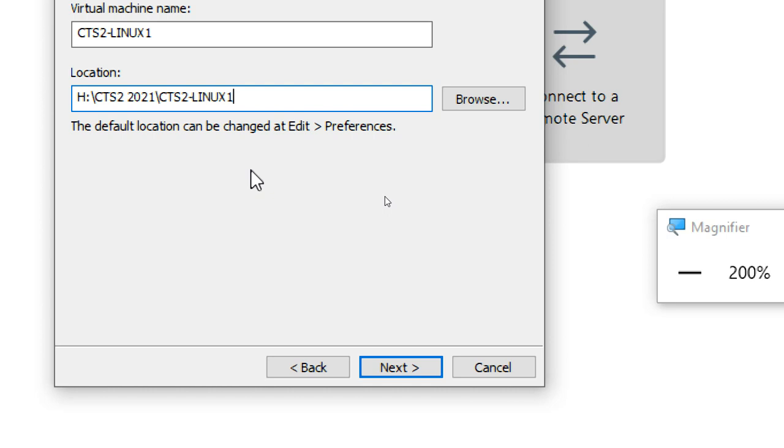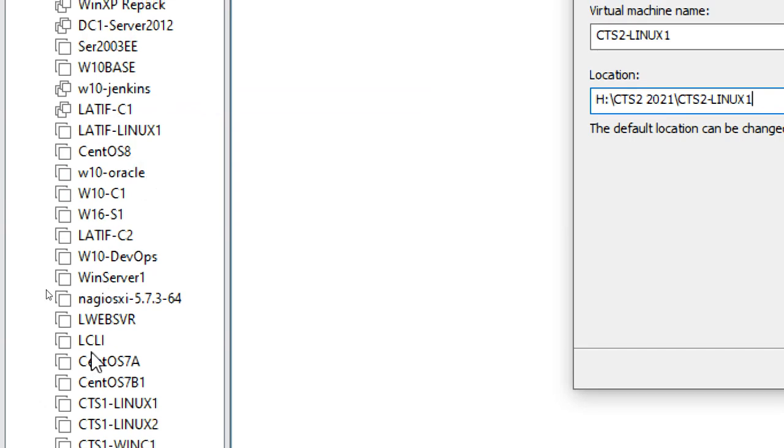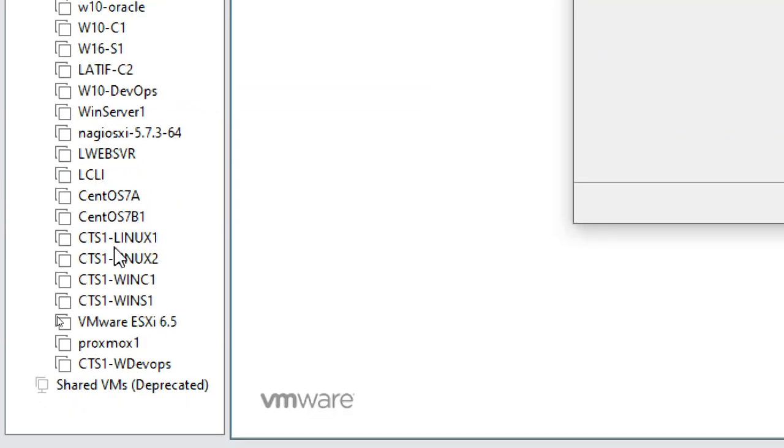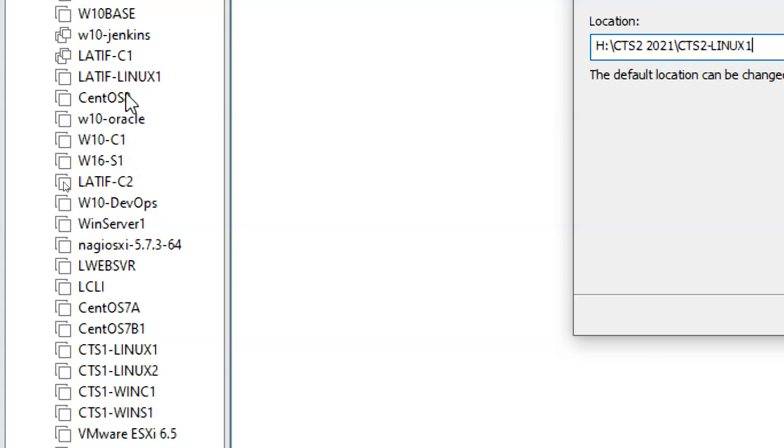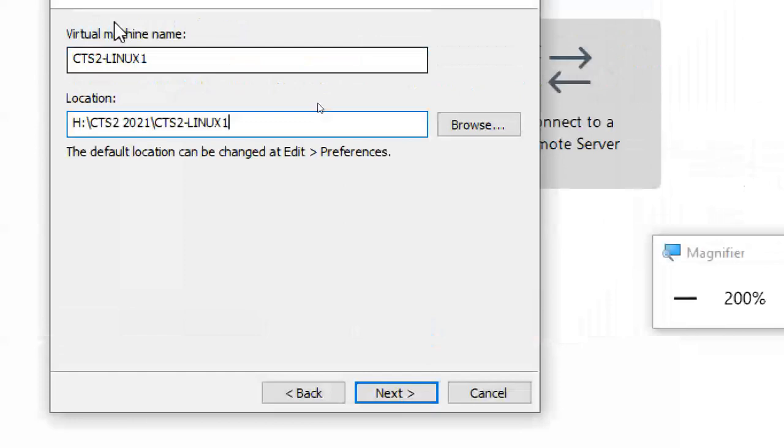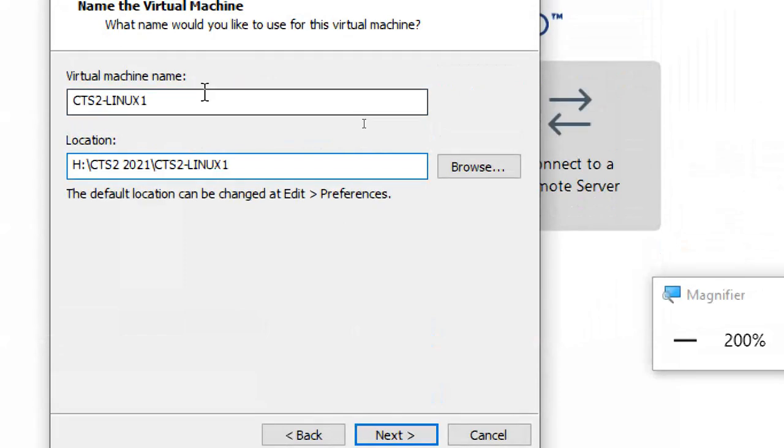So who created it? I created it, and which batch is it? It is CTS2, and what operating system am I using? Linux only. Of course, I will always use Linux to the max. I'll use CentOS 7 only. Even if you see this side, I put CentOS 8, CentOS 7 like that. But when it comes to the class part, I will use some number here. If it is a practice, then I will give it like this, Windows 10 Oracle, because Oracle is also installed in Linux. So that's why I gave Windows 10 Oracle.